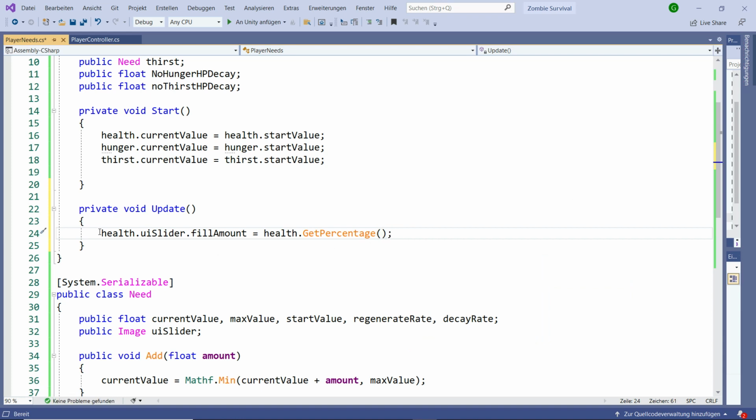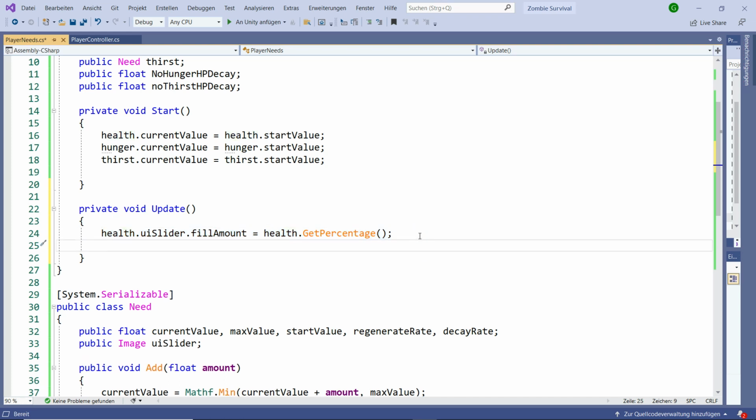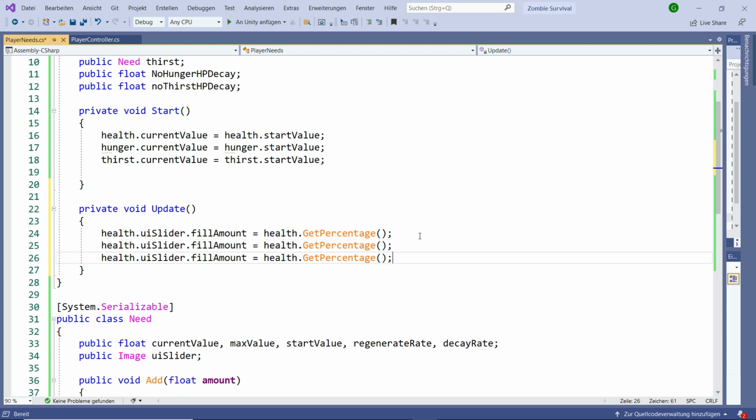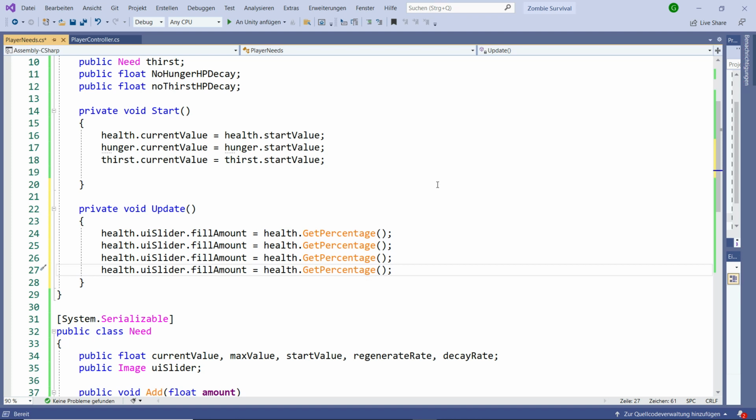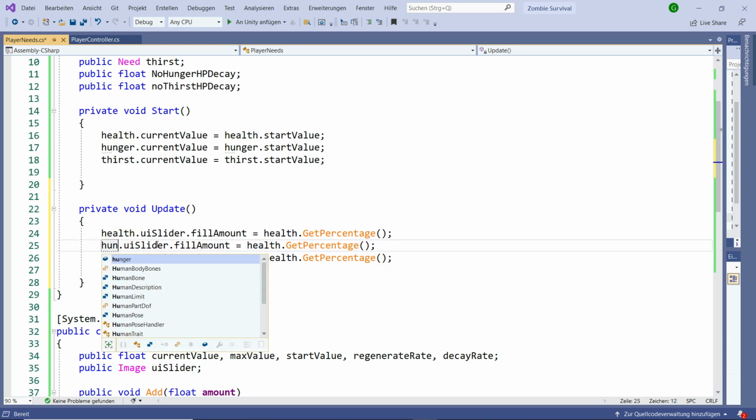Now we need to do the same thing for the rest of them, so I'm going to copy and paste it another 3 times and change the names, then change the health to hunger,